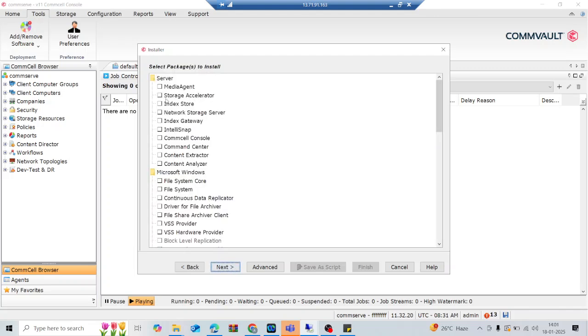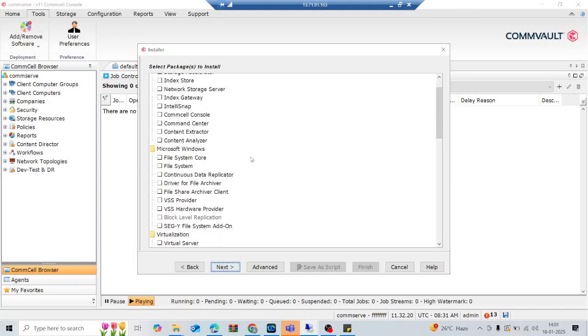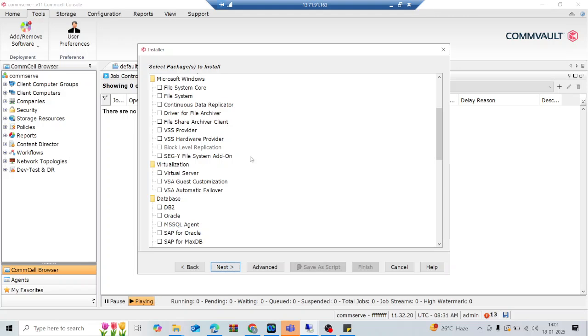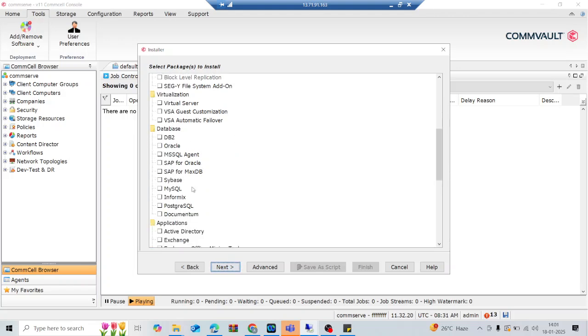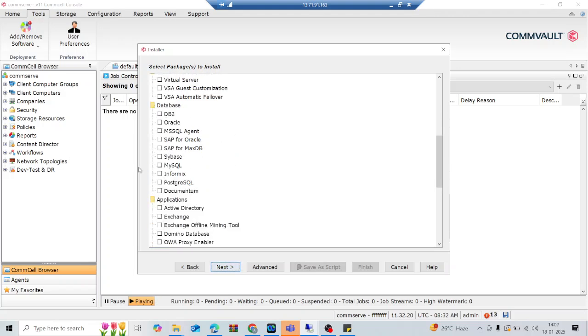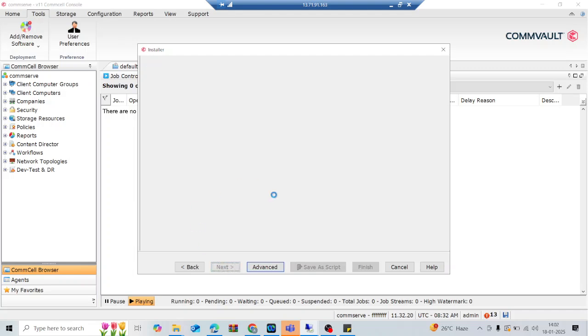Click on next, and over here you need to select the SQL Server database. Okay, if you go to the database section, you can find Microsoft SQL agent. Yeah, that's the right one, MS SQL, Microsoft SQL. So click on next,